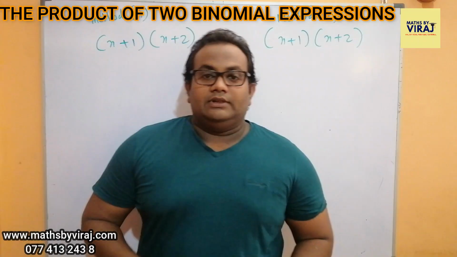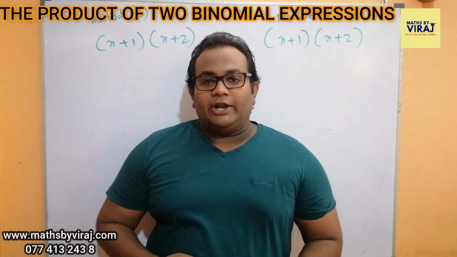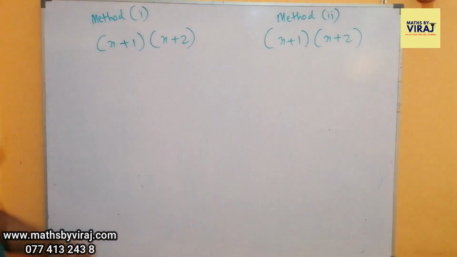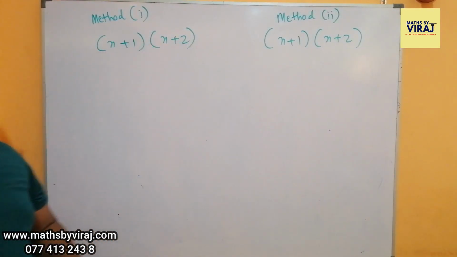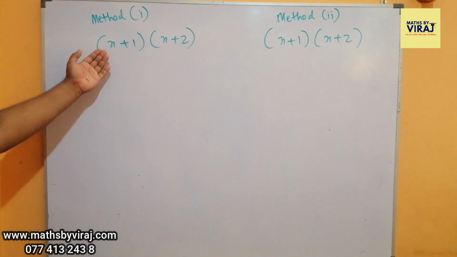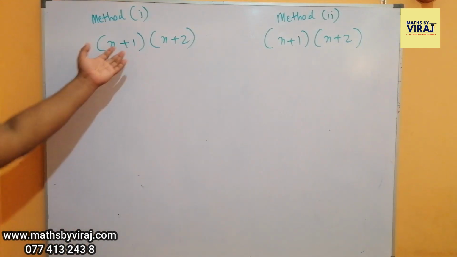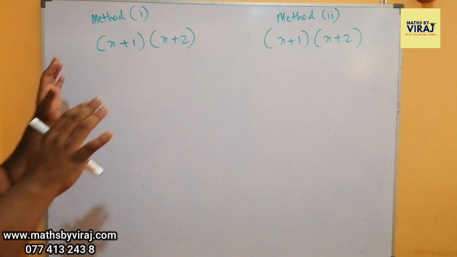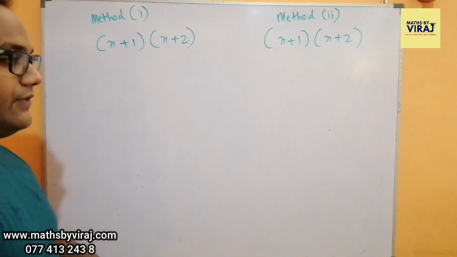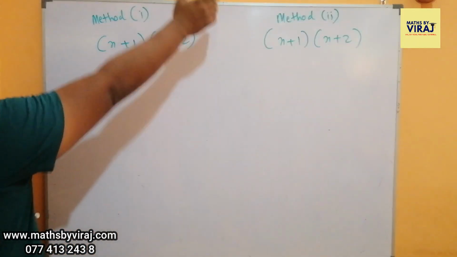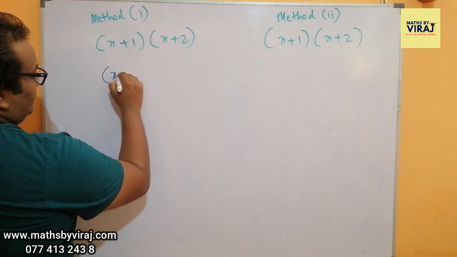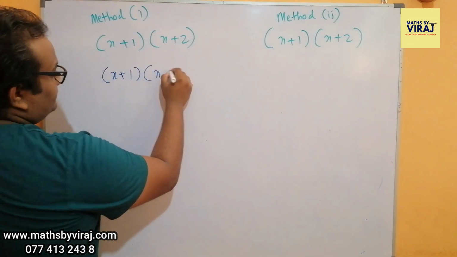Very simple. The product of two binomial expressions. What does that mean? Now you have two brackets, and inside the brackets you have a variable and a constant, that is a letter and a number. Likewise. Now children, you can do the same sum in two different methods. Method 1 and method 2. Right. Children, if I rewrite this sum,